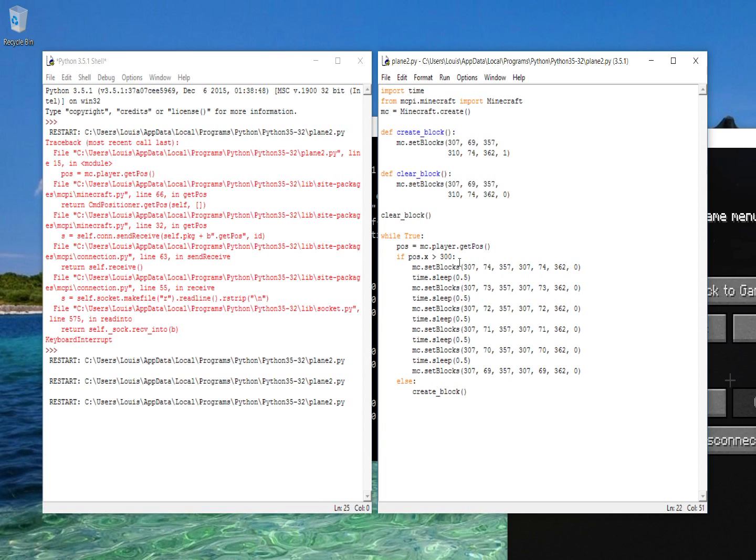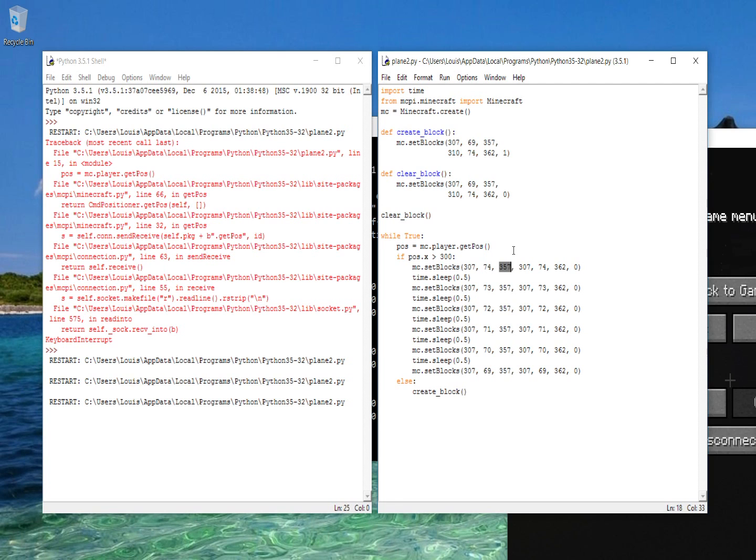So the first thing I do is, once again, we're going to remove the first row of blocks. That big block starts at this coordinate. You remember this is the same as this one, except we're starting at the top, so y equals 74. So x 307, y 74, z